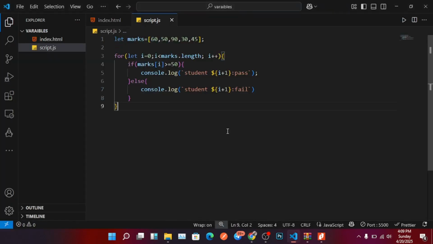So you could take it to another level and practice this. You could create a simple calculator. You could create a condition to assign grades to students. That is, you check the students' marks and you assign